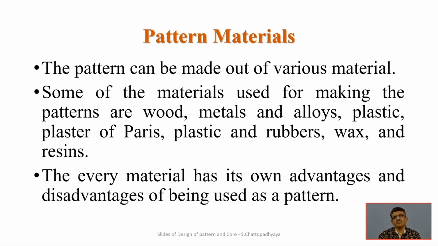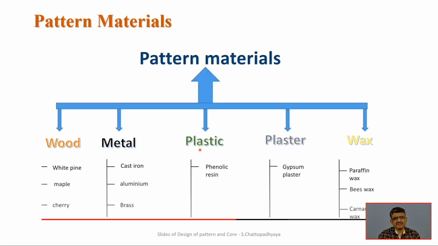Every material has its own advantages and disadvantages as a pattern, and that is why there is no universally accepted material, one material for all patterns. The answer is no, because for some applications one is better suited than the other. So pattern materials are selected according to application, frequency of production, geometry and cost. We can see from the table the predominant pattern materials: wood, the age-old pattern making material,